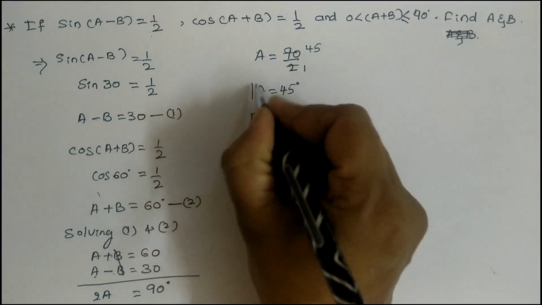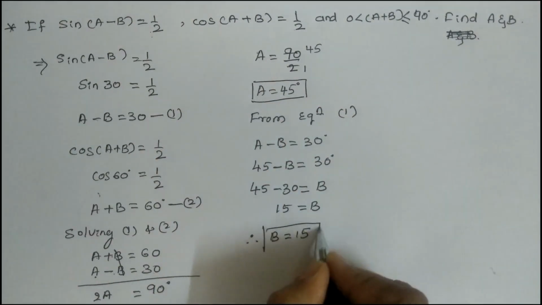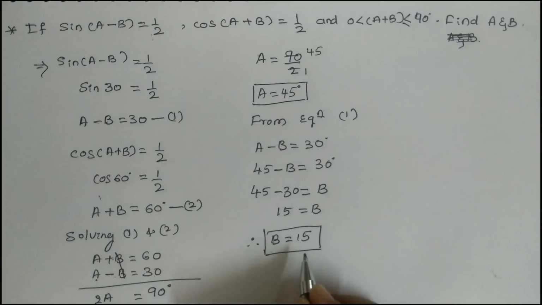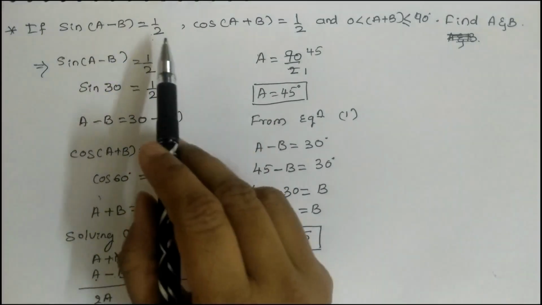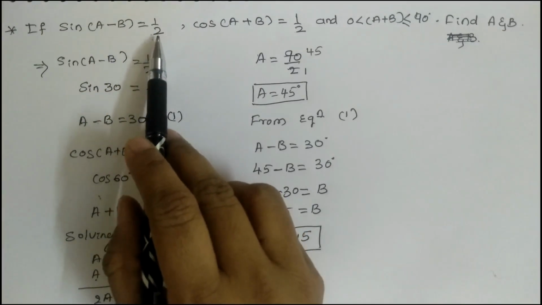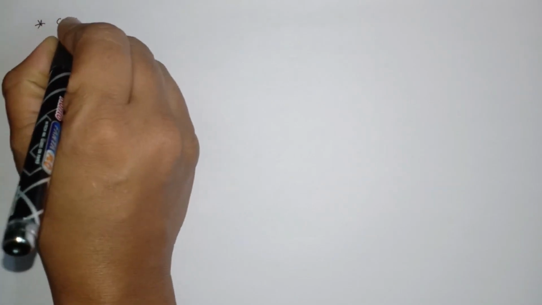Now we have got value of A as well as value of B. So this is how we can simplify this kind of questions. So whenever at the RHS values are given, just think over the standard angles of this. So here we'll take one more problem. Next one is also the same, asked for 3 marks.